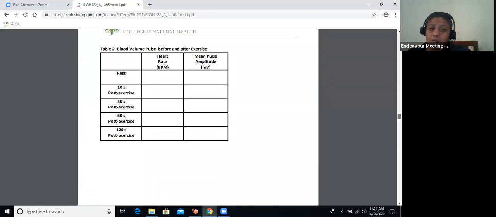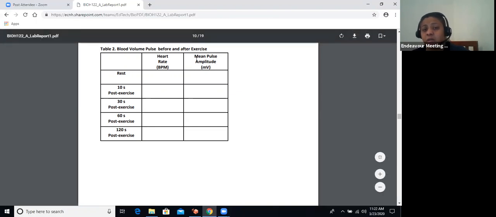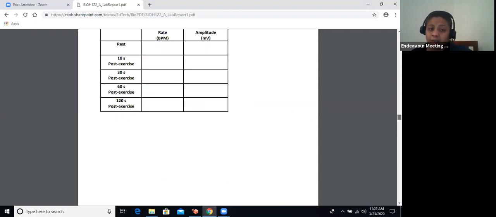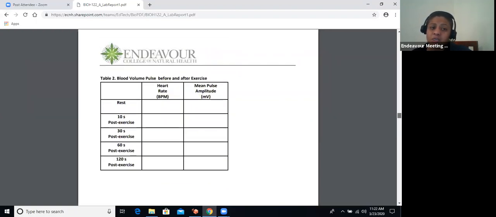Okay, so this is another table that you will be provided with. So what you're looking at is the mean pulse amplitude here, right? So mean pulse amplitude is the amplitude of the blood flowing through the peripheral circulation. Okay, so you are going to look at this mean pulse amplitude at 10 seconds, 30 seconds, 60 seconds, and 120 seconds. So at 30 seconds, 1 minute, and 2 minutes. Okay, and you will observe the differences that are happening, and then there are some questions associated with these changes